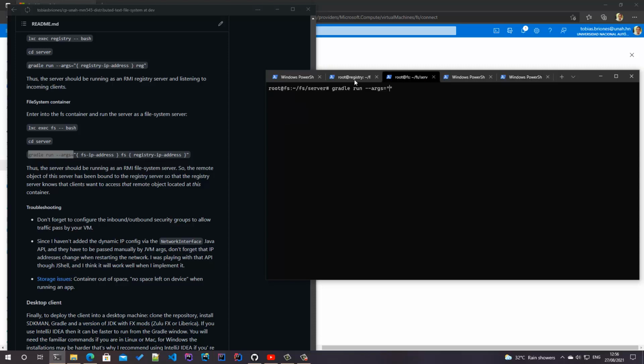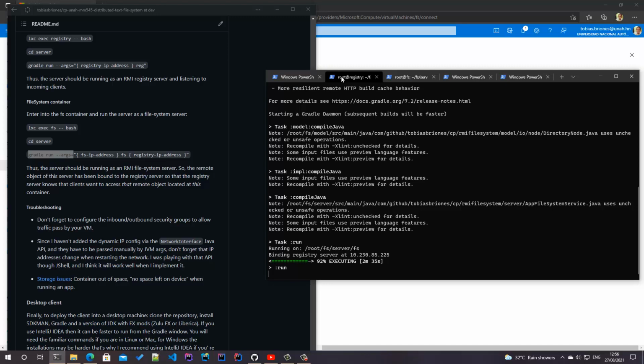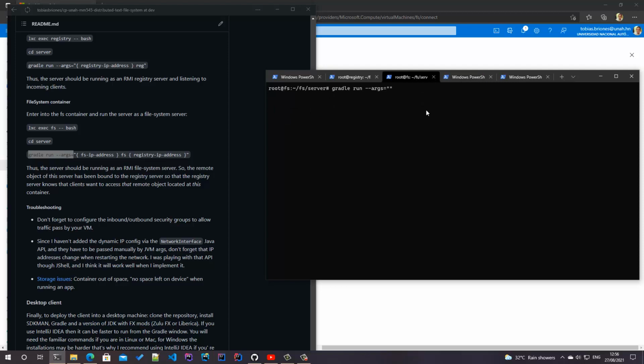Remember that I got the IP addresses by running the LXC list command to check the containers' information. The second argument is the type of server I want to run. In this case it is a file system server,